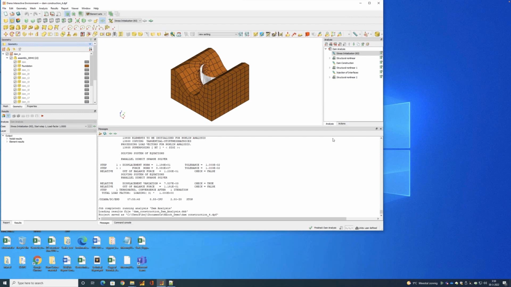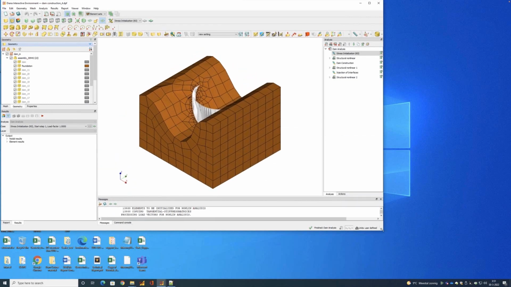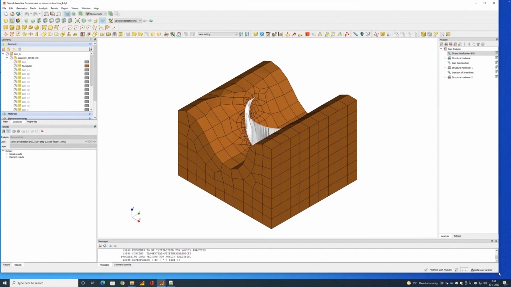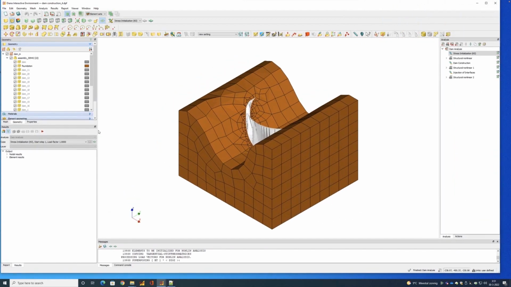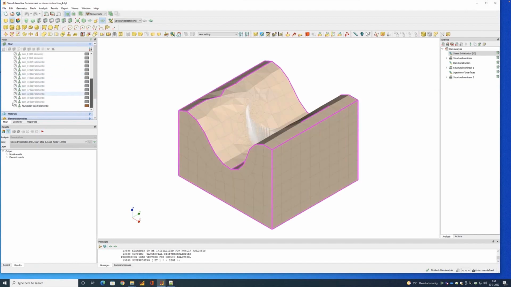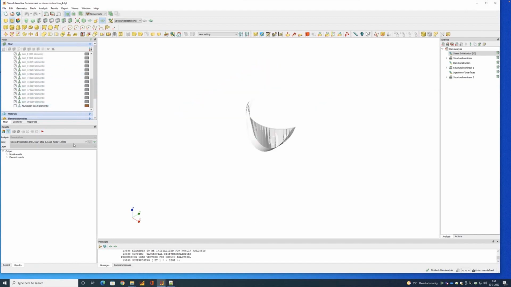And in the very little time that we have left, I can, for instance, show you the displacement of the dam. So I'm going to reduce that a little bit, increase this part. I'm going to hide the foundation in the mesh over there. I'm going to go to the phase where we have the dam constructed. And I'm going to look at the,